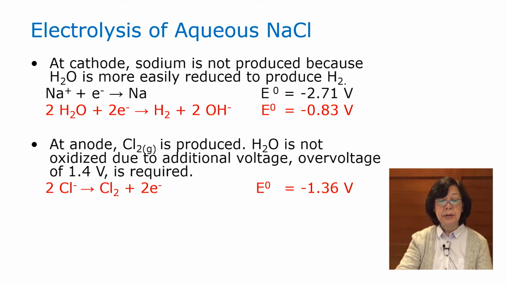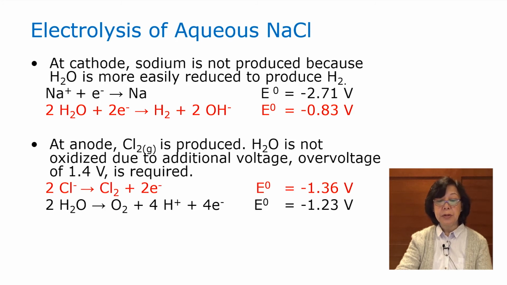At the anode, now, looking at the two equations, we would have thought that the oxygen would be produced because it requires a smaller negative cell potential, negative 1.23 volts, whereas that of chlorine is negative 1.36 volts. However, that is not the case. There's a term called overvoltage. The actual voltage to drive the water to form oxygen is 1.4 volts, and therefore the chlorine will be preferentially